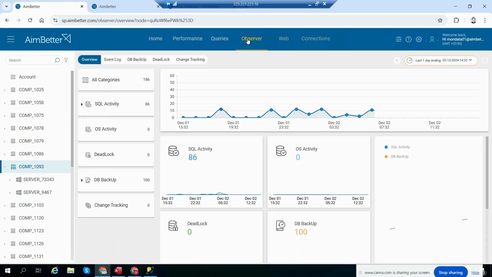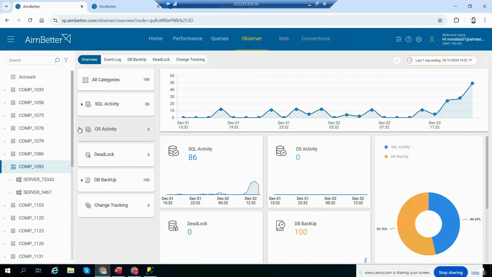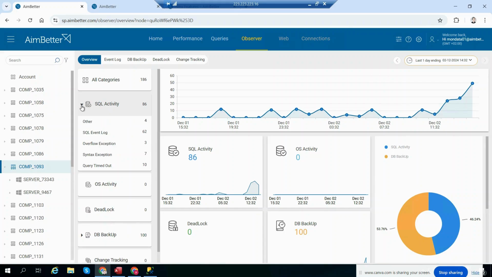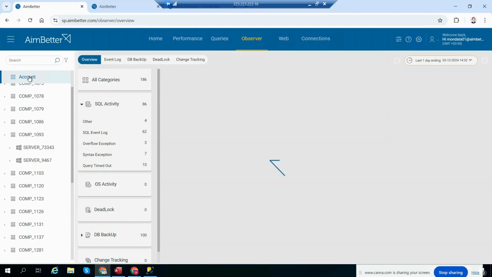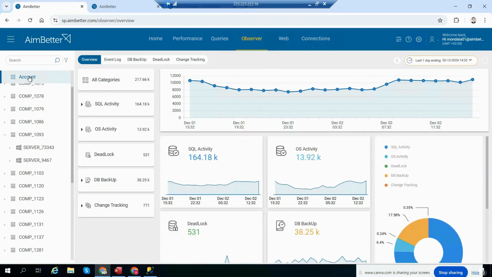The observer tab concentrates all the exceptions, events that happened in the servers. For this company, we have for the last day events related to the SQL, the database layer, and order by category. Let's jump to the level of all companies so you can see more information. You see that in the last day there were more than 164,000